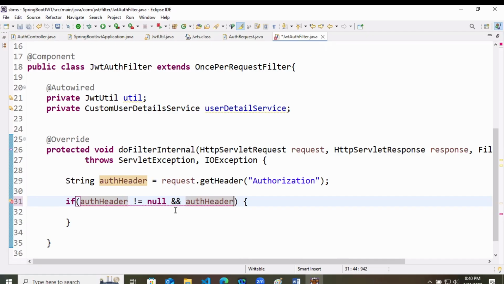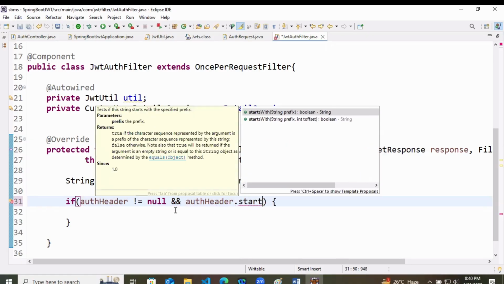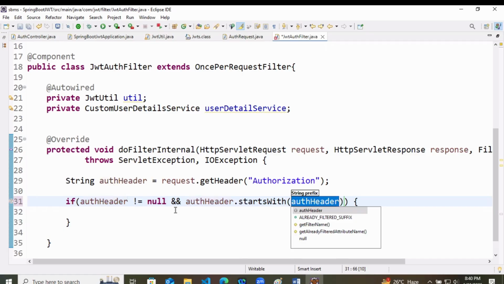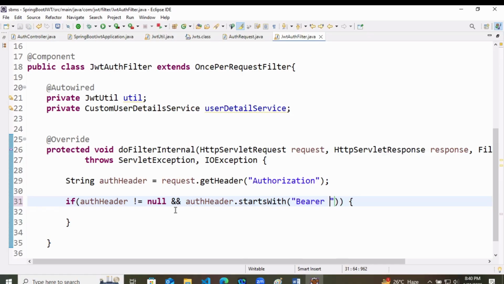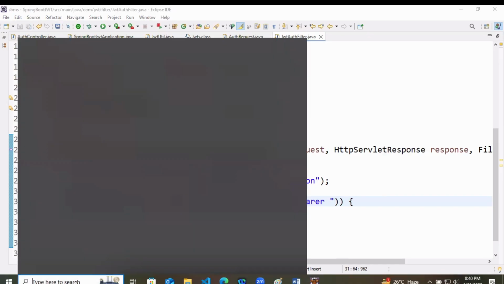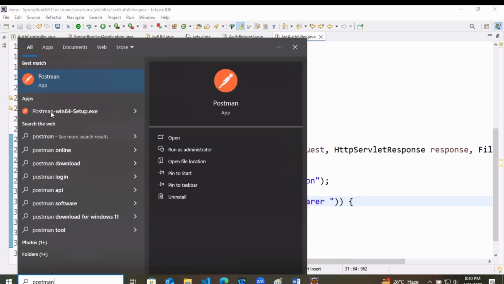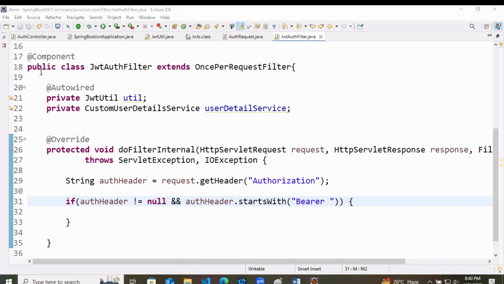If the auth header is not null and the auth header starts with, how is your auth header starting? Bearer and space. So let's go to Postman, because we can't check this in the browser. Postman is where we will write that.